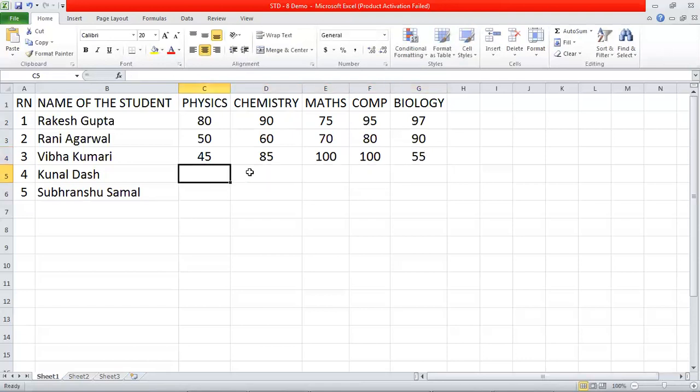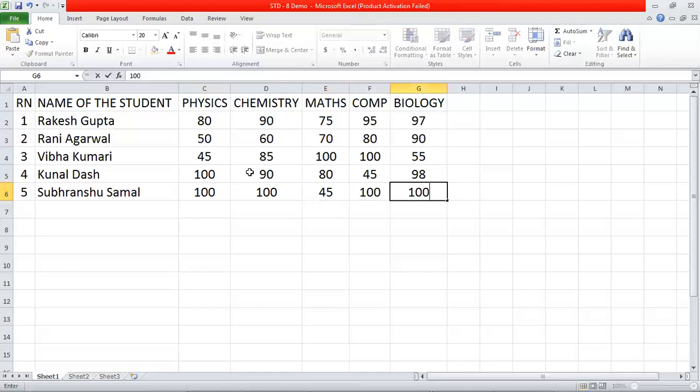Suppose Kunal Das, physics 100, here 90, then 80, then 45, then 98. Now suppose Shubhranshu Samal 100, 100, 45, 100 and 100.